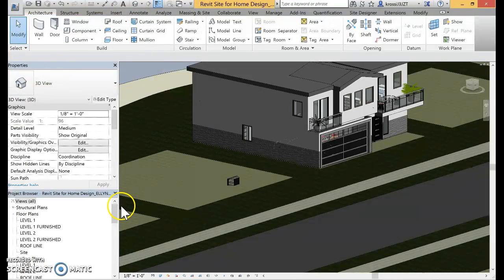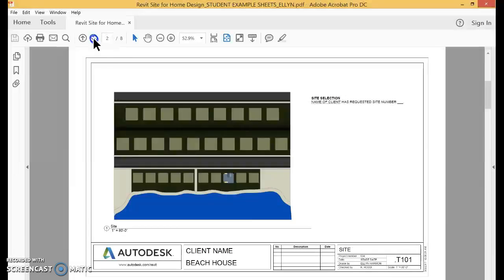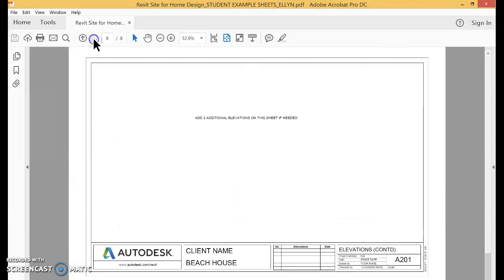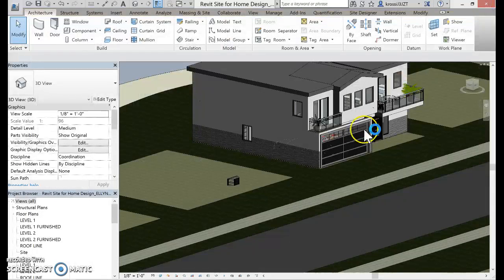The end goal, if it does work, it would open up Adobe PDF and you would see all of these sheets. So I'll click through them. So this is what you should see. But I had to use Primo PDF to get this because Adobe PDF Reader doesn't work. Well, let me know if you have any